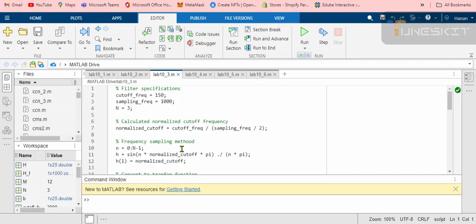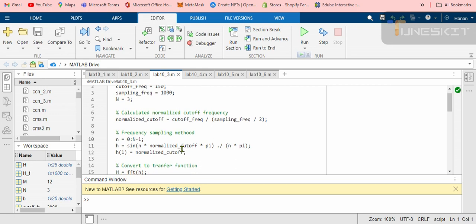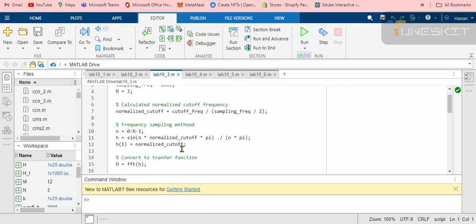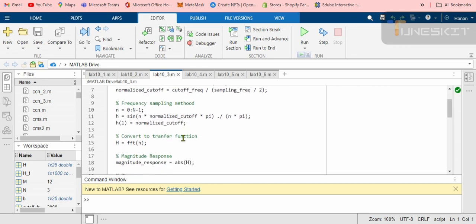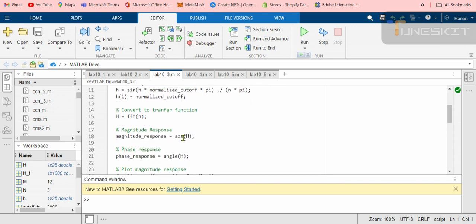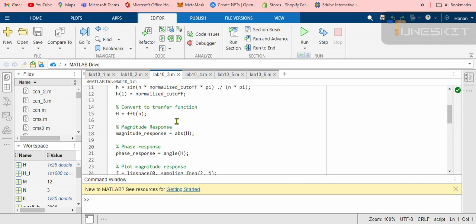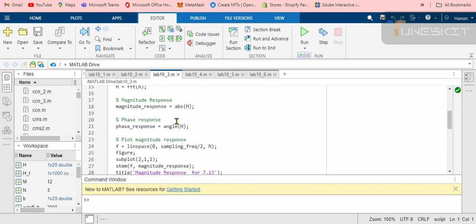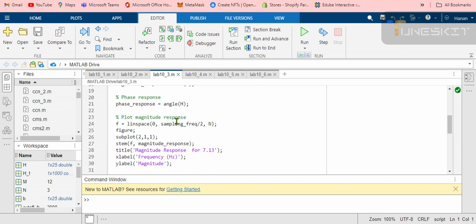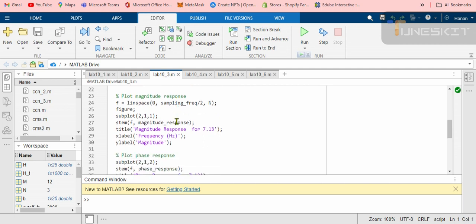First of all we have cutoff frequency 150, sampling frequency 1000, and then normalize the cutoff frequency. Then we use the frequency sampling method, then convert to the transfer function. To find the magnitude response we use the absolute command, and to find the phase response we use the angle command. To plot the magnitude response we use the subplot command, then the stem command as it is a discrete function.